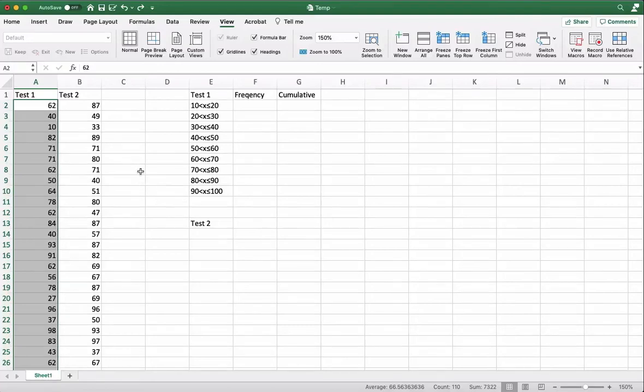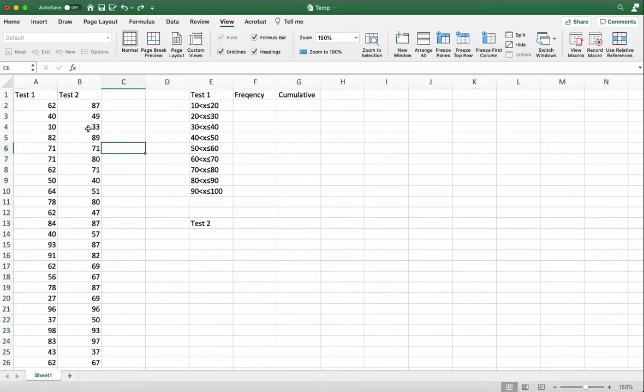Hello, this is Mr. Collier, and today we are making some cumulative frequency curves in Desmos. Okay, so I've got some test scores here for test 1 and test 2. I've created some intervals from 10 to 20 all the way up to 90 to 100, and we want